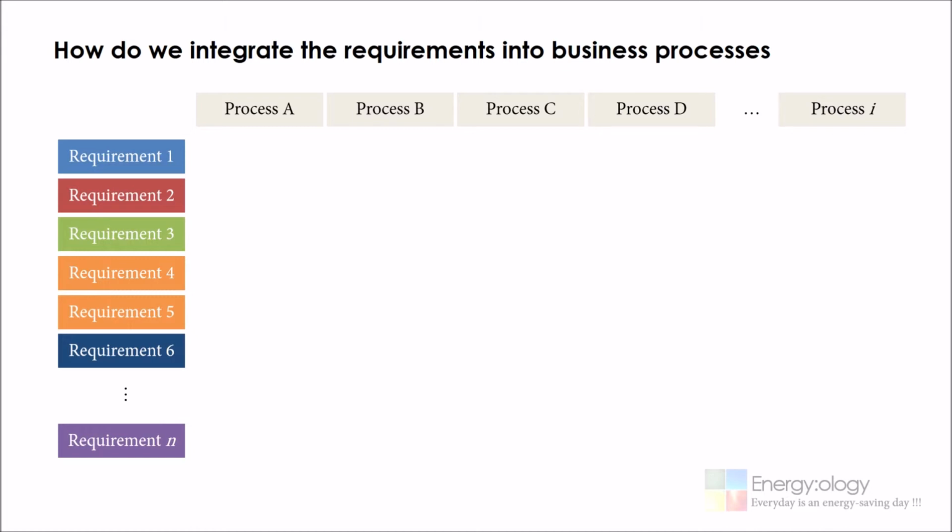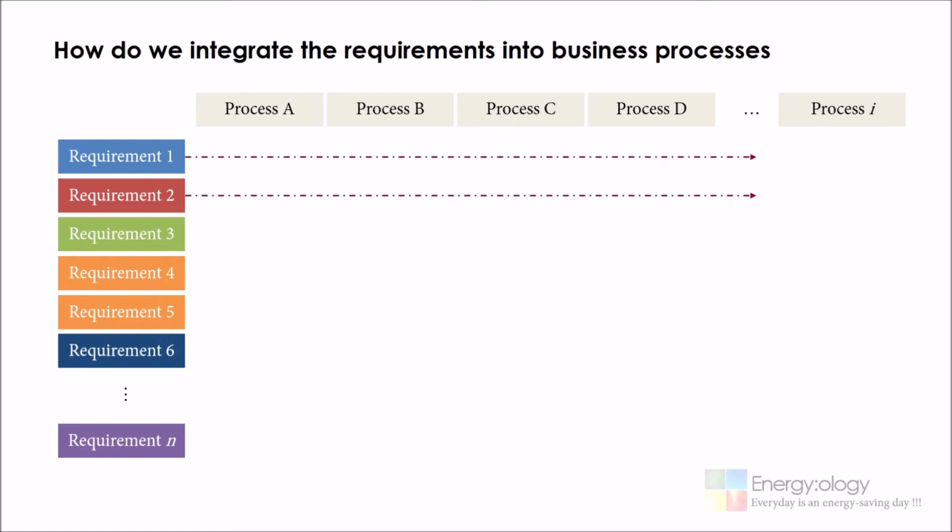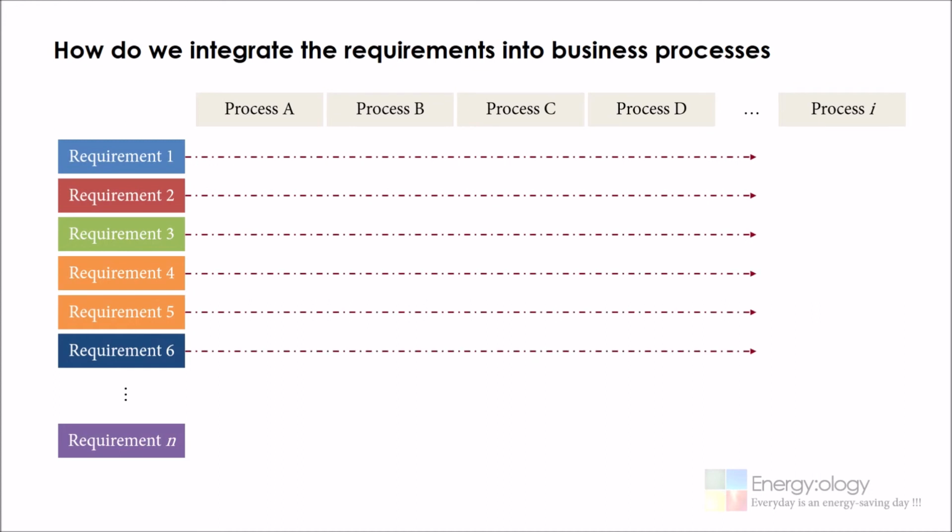As we've mentioned before, the requirement may relate to a design requirement, a quality, environment, health and safety, energy. It may also refer to legal and regulatory requirement or requirements placed upon you by your customers and the supply chain. What you need to do is to identify how each of the requirements is applicable in each of the processes